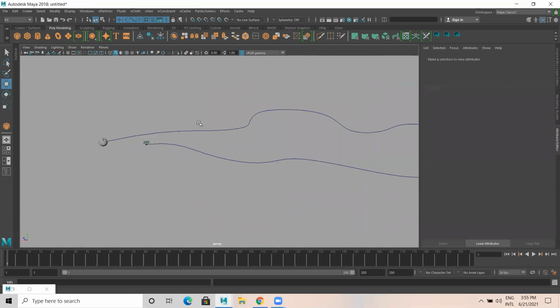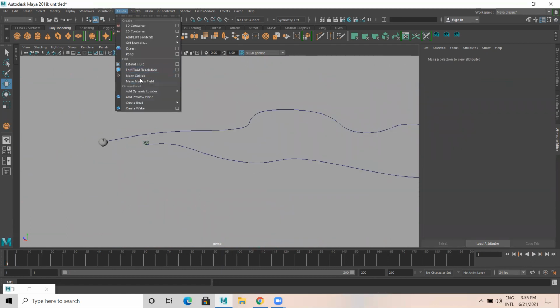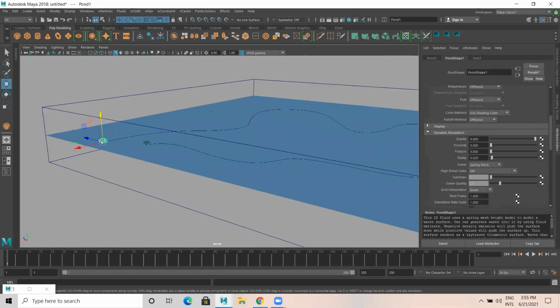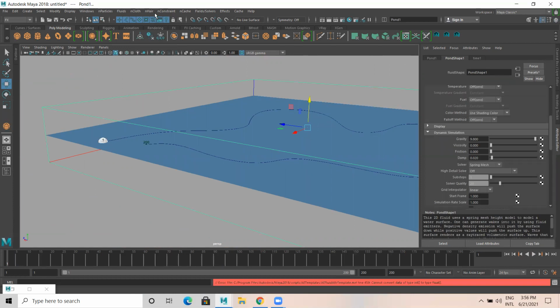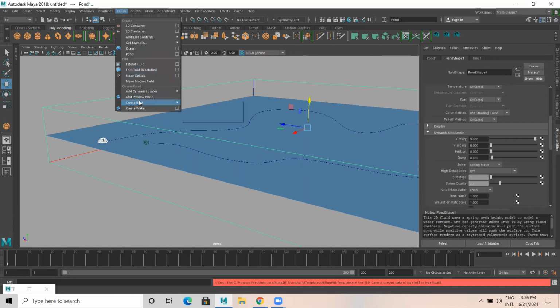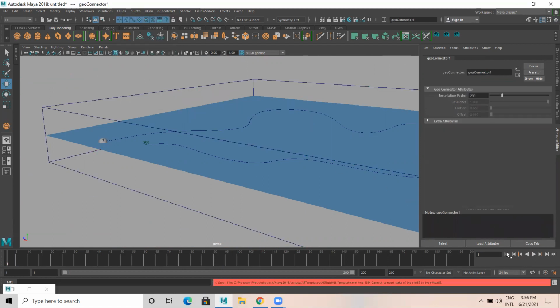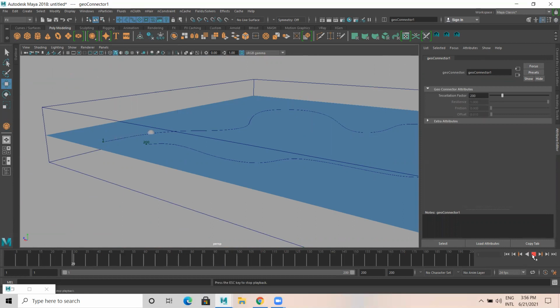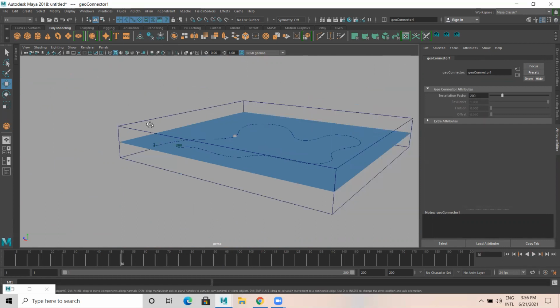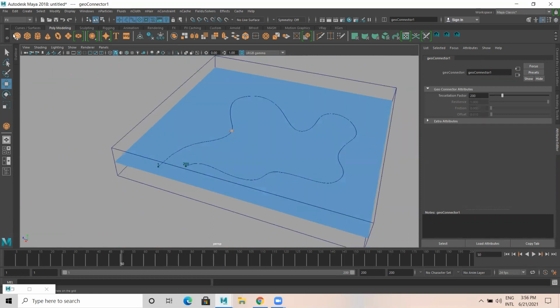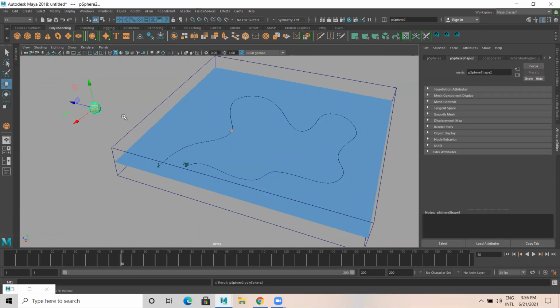Okay, I'm gonna delete this fluid. Let me create another fluid. Create pond. Select this and this fluid. Make collide. Okay, it should happen.